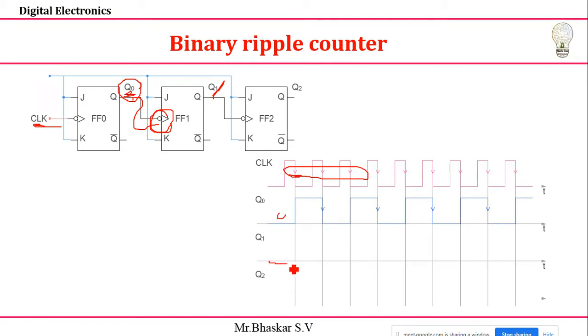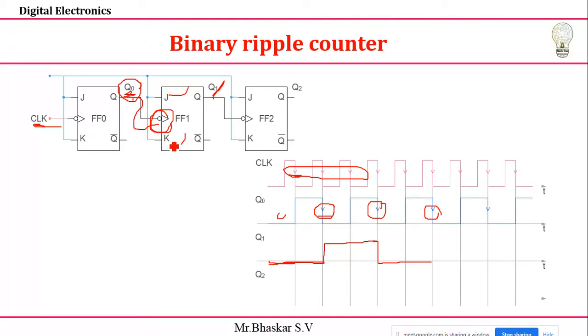First, initial value, I already told that Q1 value is 0. So until you get a negative edge, the value should be maintained the same, 0 only. Up to here it is 0 only. Once the negative edge arises, then 0 becomes 1. Now again negative edge arises, then 1 becomes 0. Next again it will arise, because why I'm going to write 1010, again it is toggling condition only, because you are given J and K as 1 only.